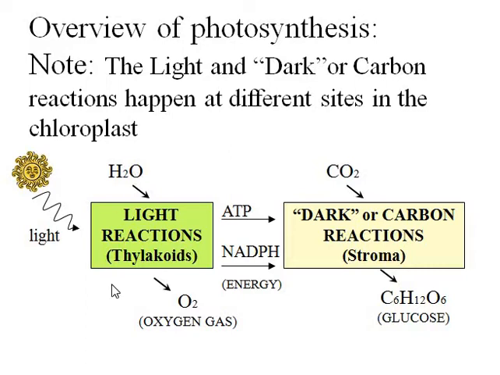Now see here, in the light dependent phase, in the presence of light, the water molecules split in the thylakoid membrane and oxygen is released, and as a result ATP and NADPH are produced as a source of energy. That energy is used in the dark reaction or light independent reaction which occurs in the stroma of chloroplast. Here the CO2 is fixed and C6H12O6 or glucose is produced.